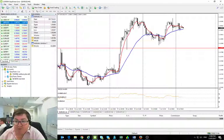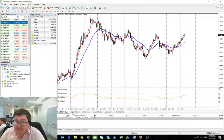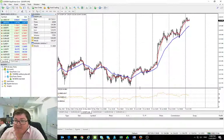So at the same time you've got the euro rallying against the US dollar, you do have the dollar rallying against the yen. That means that euro yen is getting a double rally going on here. So it's moving not just with the euro, it's moving with the US dollar. Euro yen has rallied sharply, around about 800 points in the last 3 weeks,